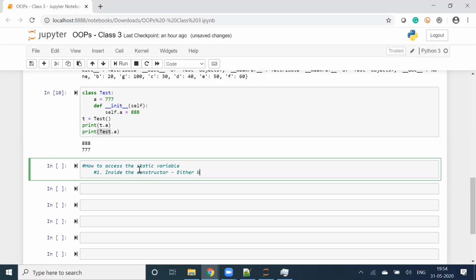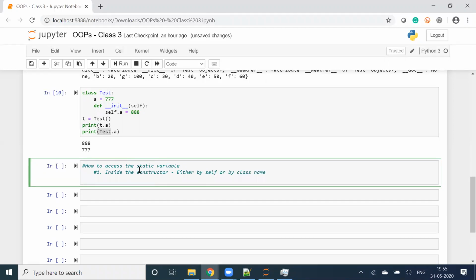Either by self or by class name. If you want to access the static variable inside the constructor, then we need to call the static variable by self or by class name.